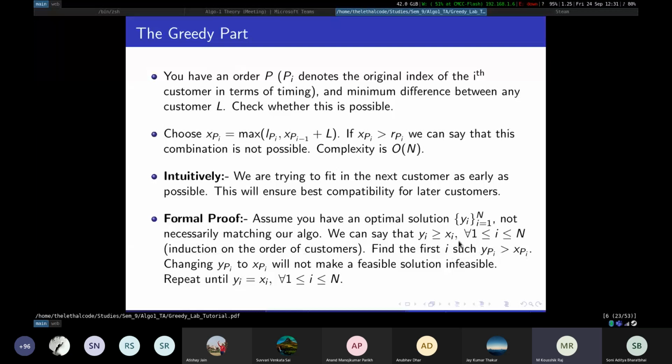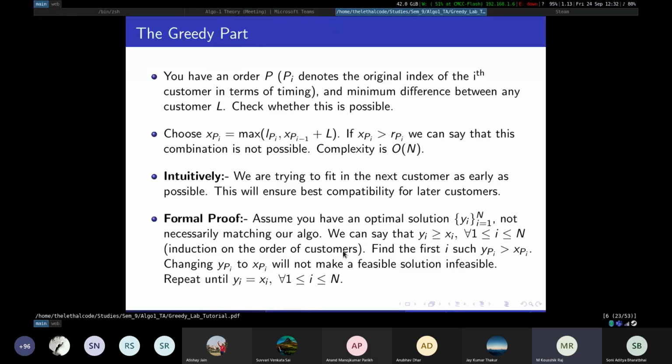That is, it has to be, because we have proved that it is greater than or equal to our solution which we have come up with. So this YPI has to be greater than XPI if it's not equal. And try to change YPI to XPI. By your assumption, all the previous customers have been matched with XPI, and if you change the current YPI to the actual XPI, we'll see that it won't